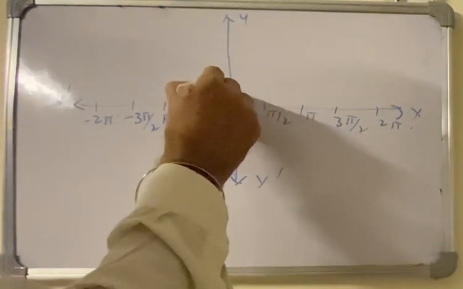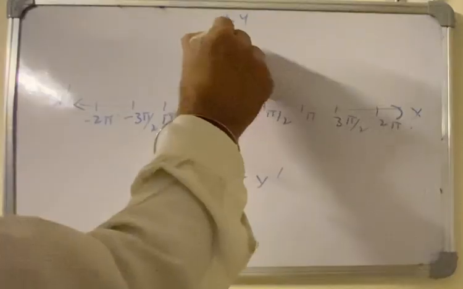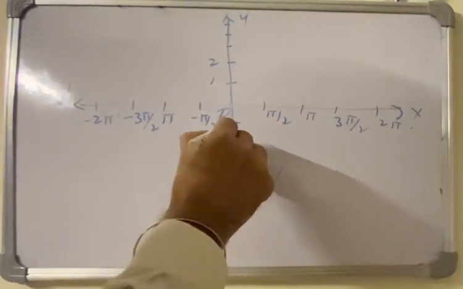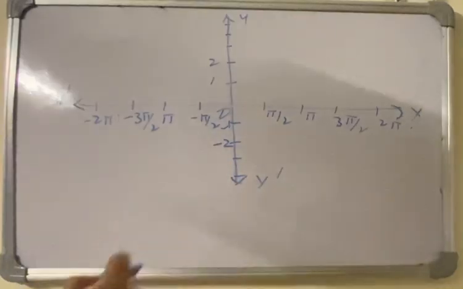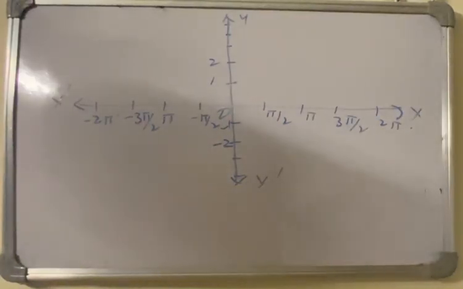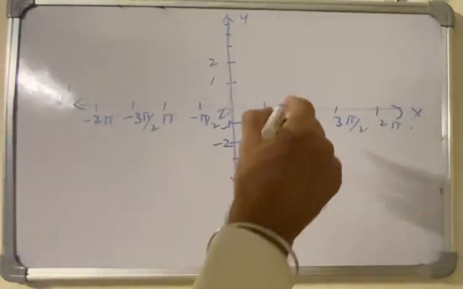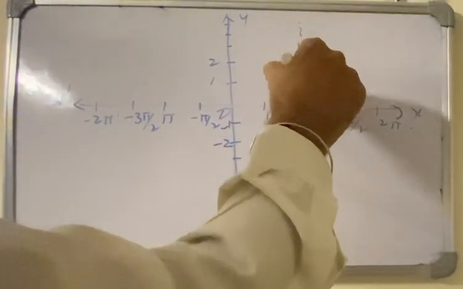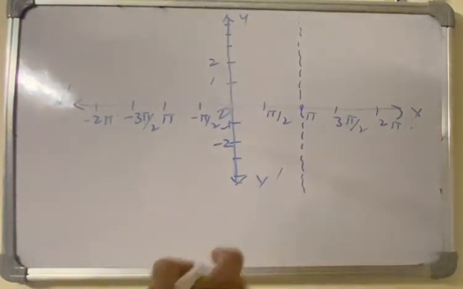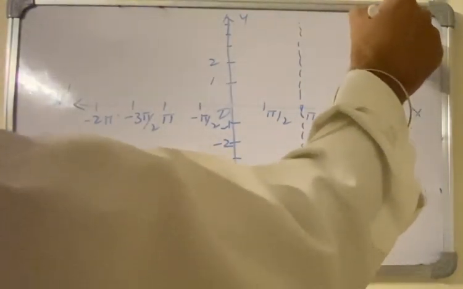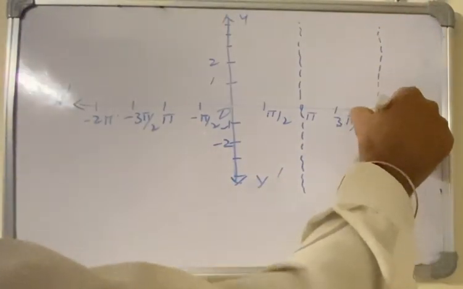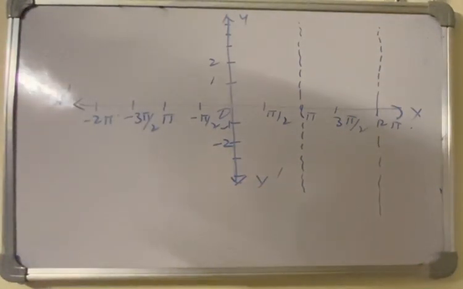Here 1, 2, similarly minus 1, minus 2. First of all, we draw a line through pi parallel to y-axis, then line through 2 pi parallel to y-axis,